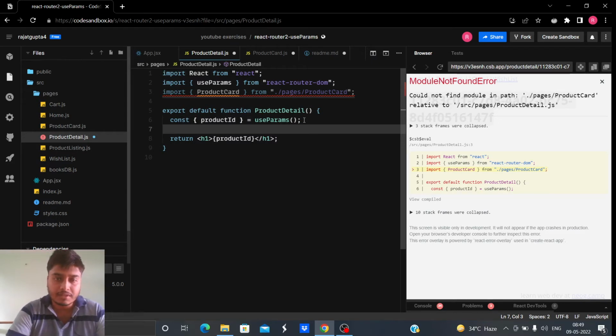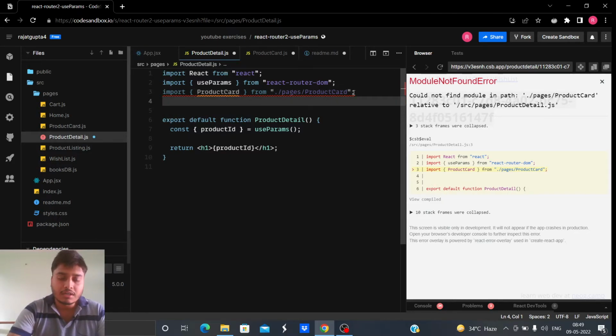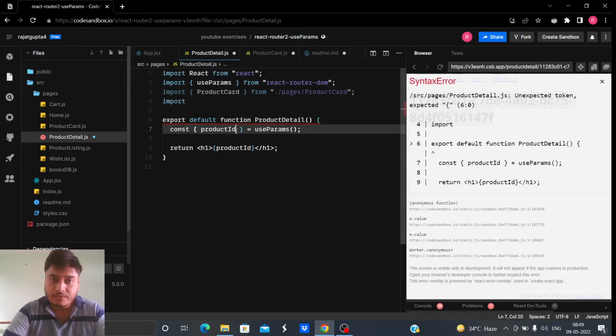First I'll get the product ID. So let me also import a database so that I could find which product has this ID, and then I could pass that particular product as prop to this product card component. So yeah, let me do it.